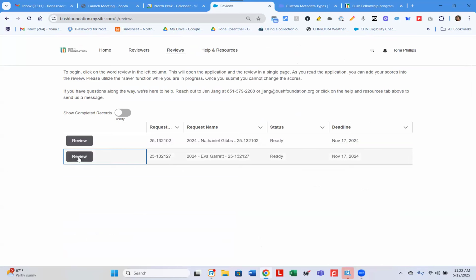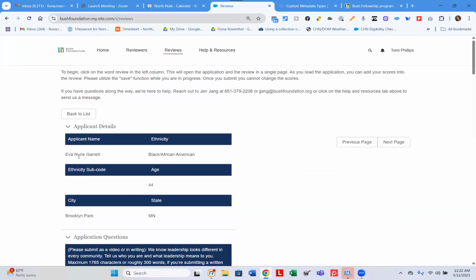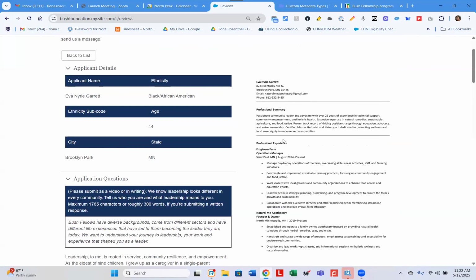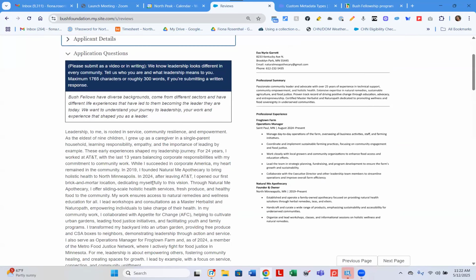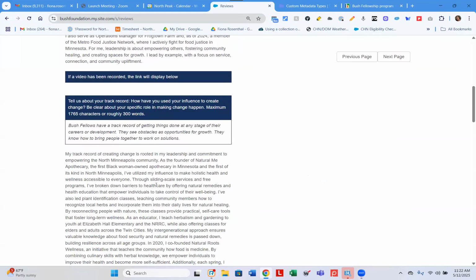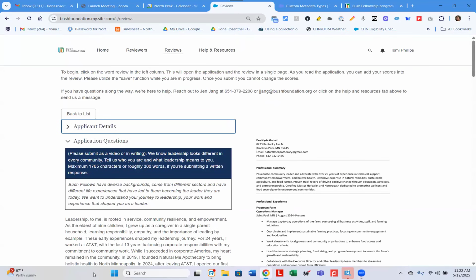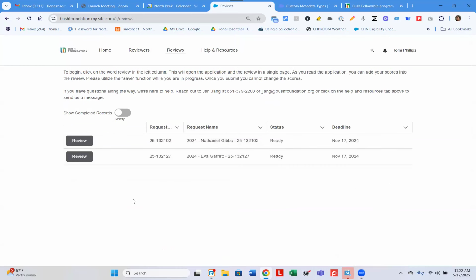So you can see here on this one, this is Eva Garrett. This is her resume. So they can see side by side, and they can also collapse the information so that they can focus on the piece of the application that they're reading. I know I also went through this very fast. Yeah, so this gave them a really fast way to get through a big long list of reviews